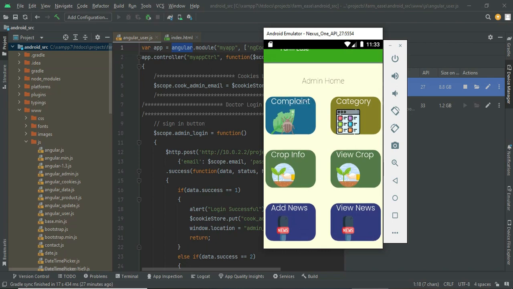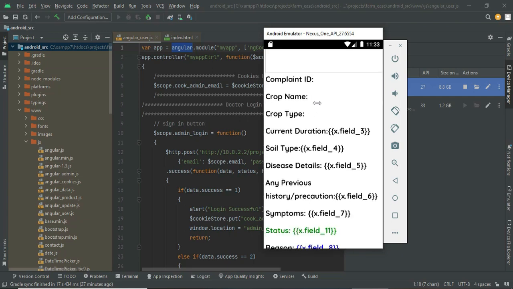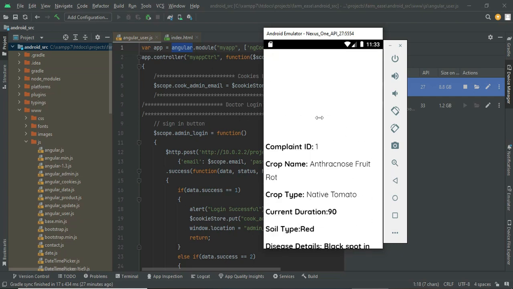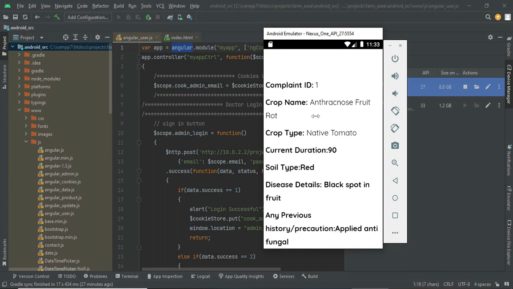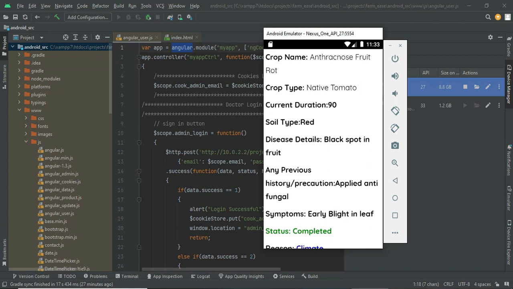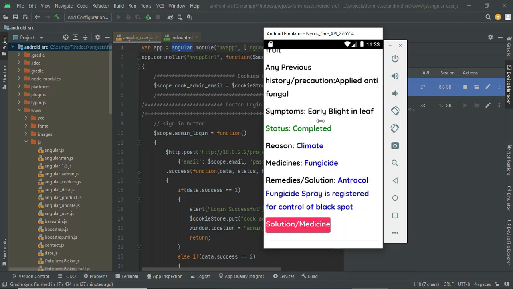If you go to the complaint module, you can view the complaint image. It is not uploaded, I think. You can see the crop name and the crop type, and what kind of disease they got, like the black spot disease, and whether there are any precautions. What the admin will be doing is updating the status,